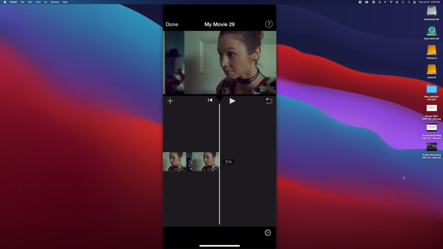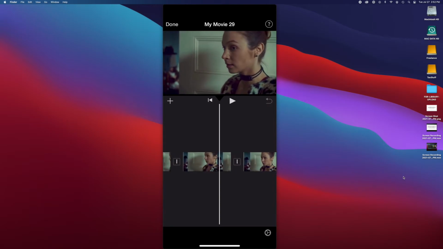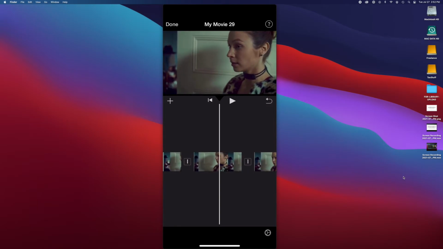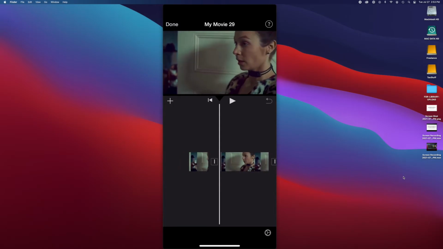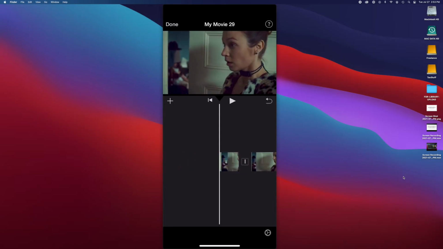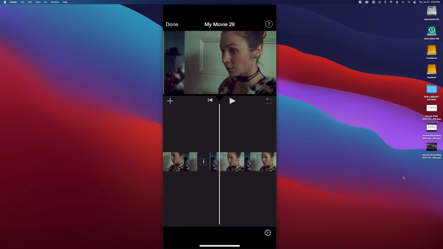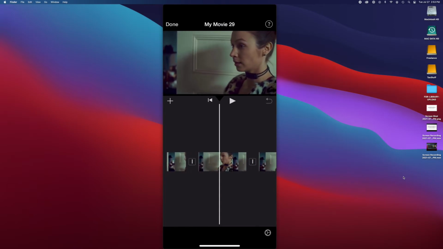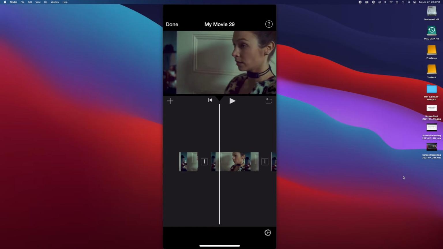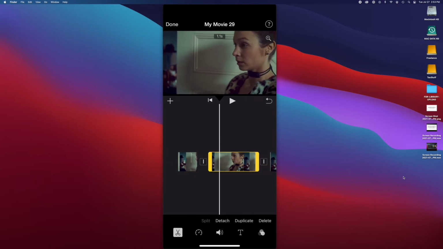So the next part of this is we want to add some text. So let's start with well. So I'm going to find, of my 3 sections, the part where I want to add my first line of text, which is this middle part here, where she says well. So I'm going to select it with my finger. And now at the bottom, I'm going to see a letter T, and that is where I'm going to add my type. So I'm going to touch the T with my finger,